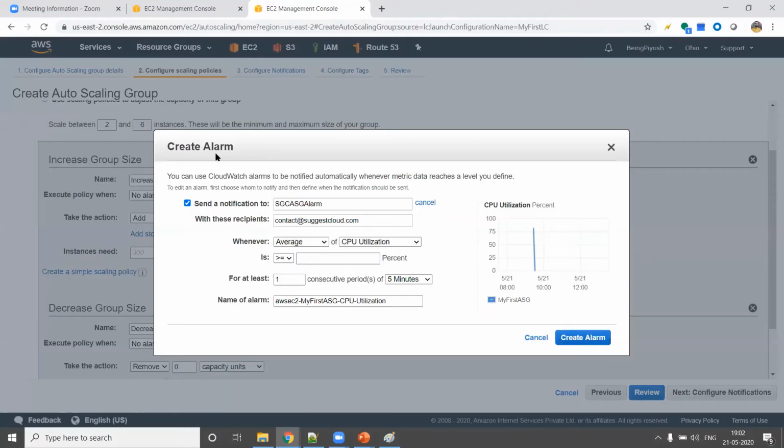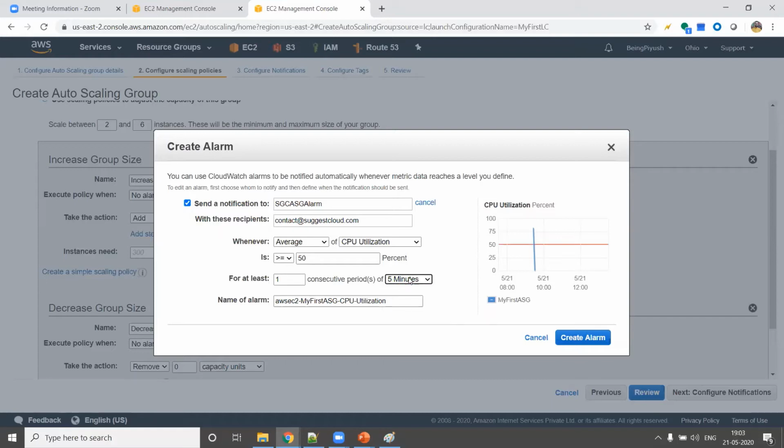And when to increase the group size? When you see that the average CPU utilization is greater than or equal to 50%. That means today the average CPU utilization every time is 10, and you see that the utilization has gone to 20, or consistently it is more than 50%, and it lasts for one consecutive period of 5 minutes.